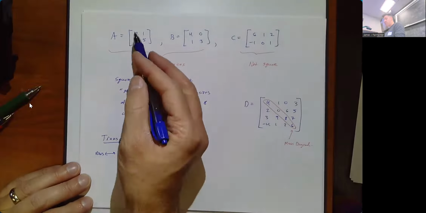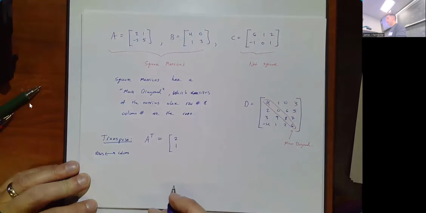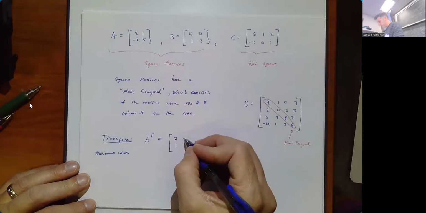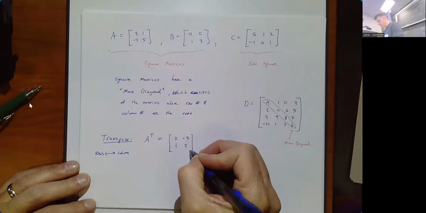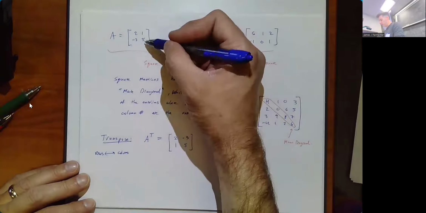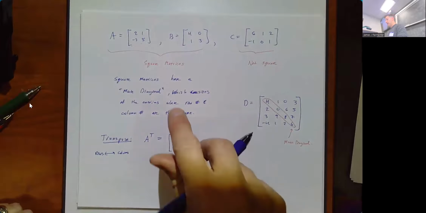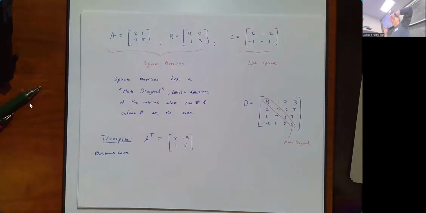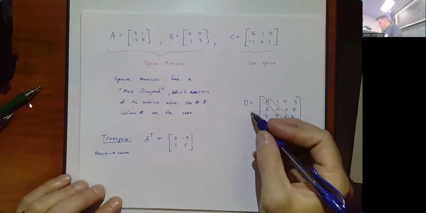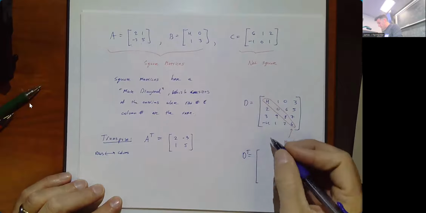The first row is now the first column. The second row is now the second column. Or if you want to say it the other way, the first column is now the first row. The second column is now the second row. Some people like to imagine this as literally taking the matrix and flipping it across the main diagonal. If I wanted to be super annoying, I could say that D transpose, the transpose of the matrix D here,